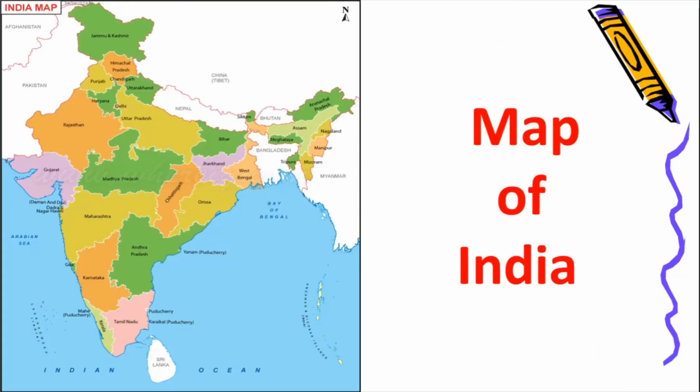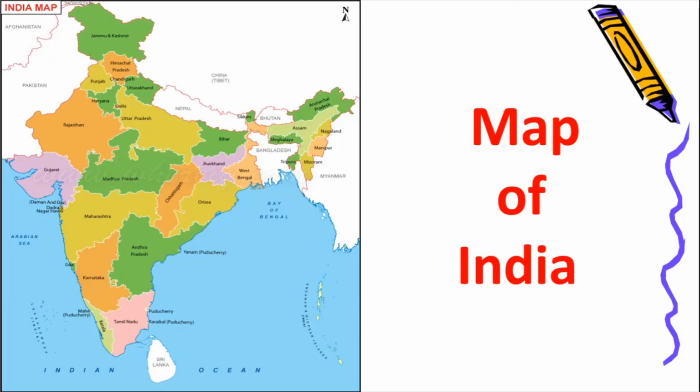Let us move on. Let us look at the map of India. Okay, so see, this is the map of India. We had seen this earlier also. We saw the map of India in the earlier part of this lesson also. So you can see all the states in this map. You can see only the states. Okay, so this is a map of India showing the states only. You will not see the capitals here. You will not see anything else. But yes, you will be able to see the borders.